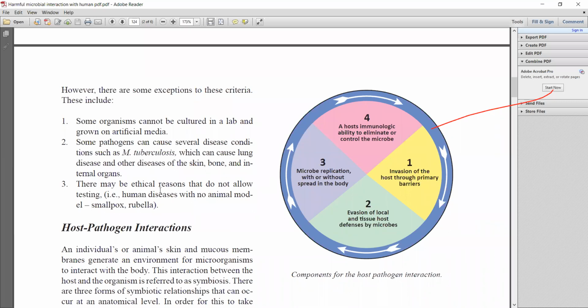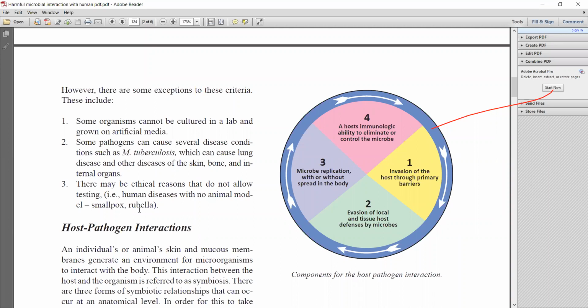There may be ethical reasons that do not allow testing, that is, human diseases with no animal model, like for example smallpox and rubella. This kind of viral infection does not show any symptoms in animals, so how are you going to find it out? So that is what